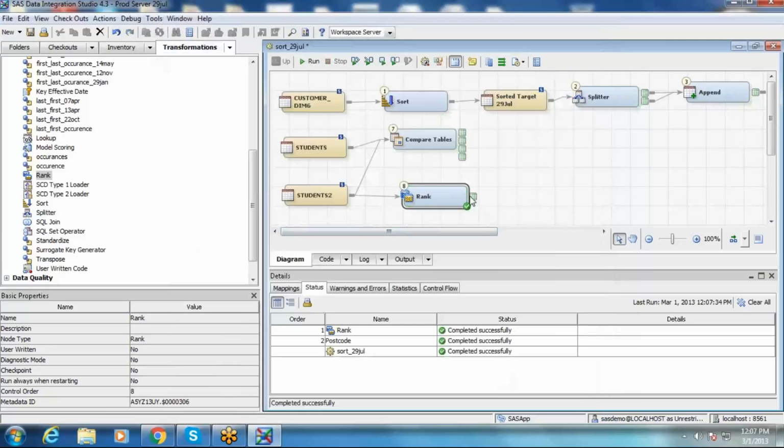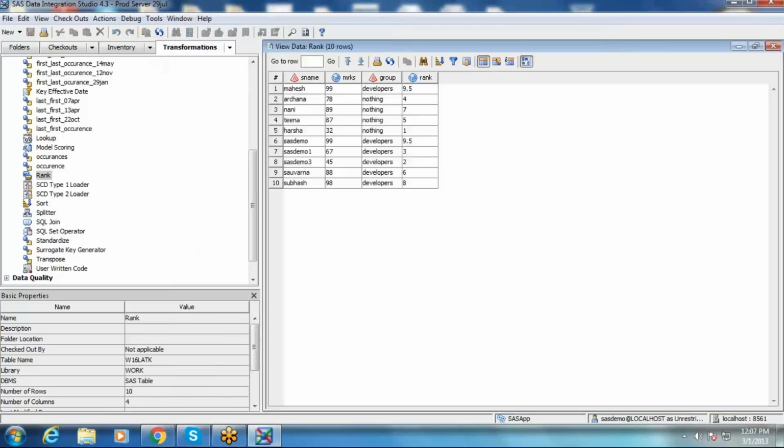Run this transformation alone. If you look at the properties, you sort based on marks. Here, whoever got fewer marks got the first rank, which is not what we are looking for. The one who got more marks should be ranked 1, so that should actually be descending order of ranking.